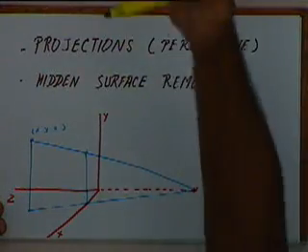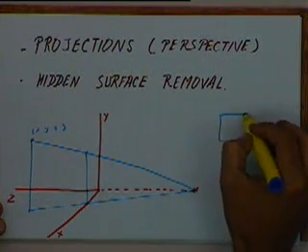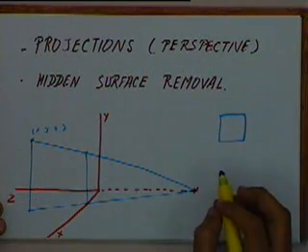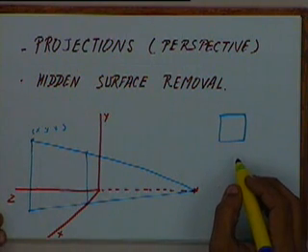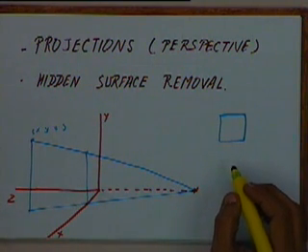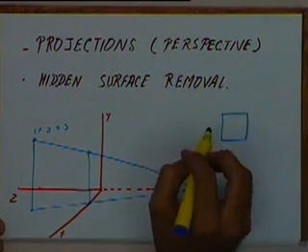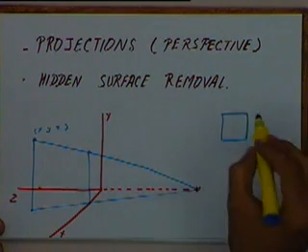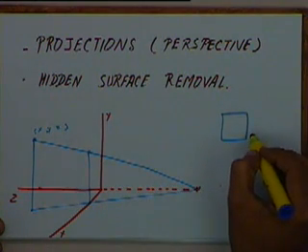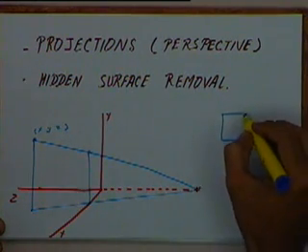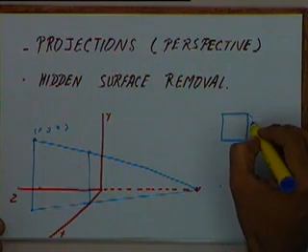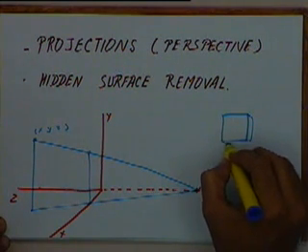That means if we have a cube and we want to draw an orthographic view, that is the front view, let's say, we will just get a rectangle. But when we draw the perspective view, we won't get a rectangle because our eye is located at a particular point, and since our eye is located at a point, our view is going to be different. We will be able to see the side edges also, the side faces, that is. So our view might look something like this.